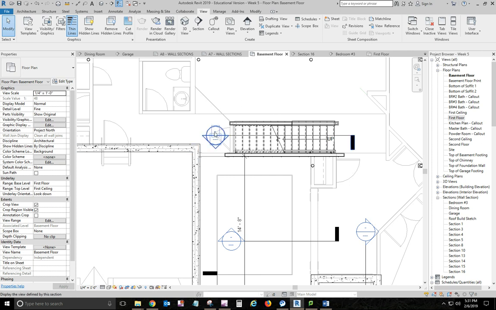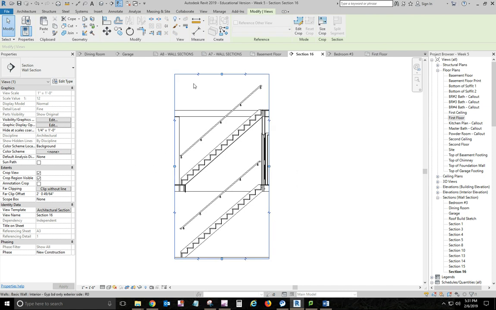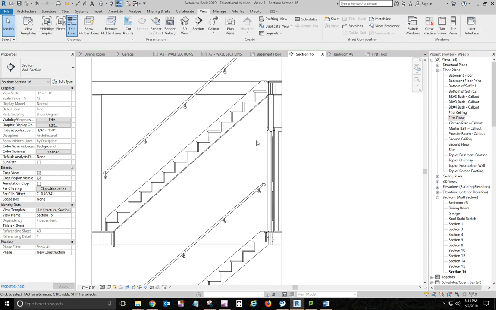And I put it in on my basement floor, okay? I put it through the stairs, and I've got it showing back toward the wall, so it's not going to pick up the handrails. And we're going to do some manipulations here to pull our crop region in. Okay, we're going to hide some things in this view, like we don't need to show this wall